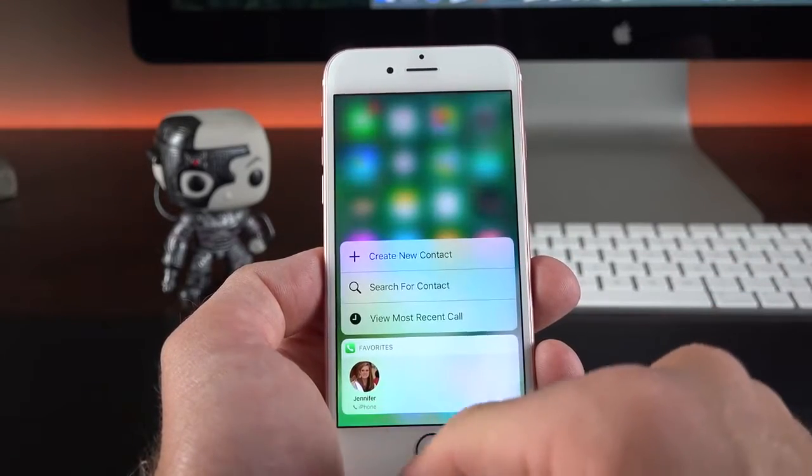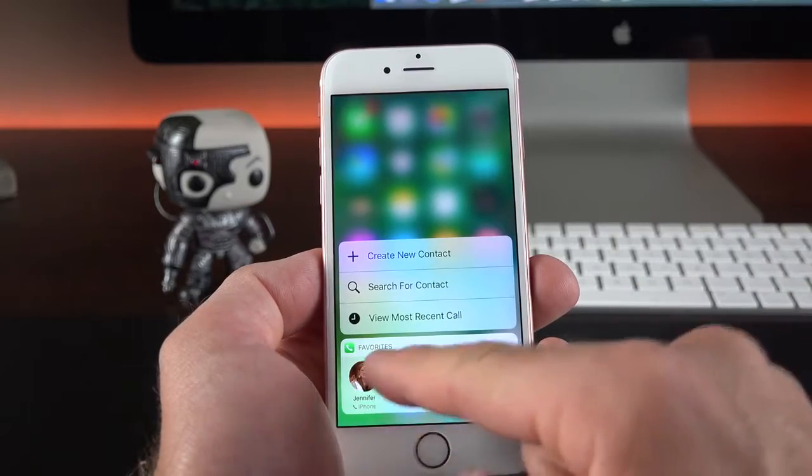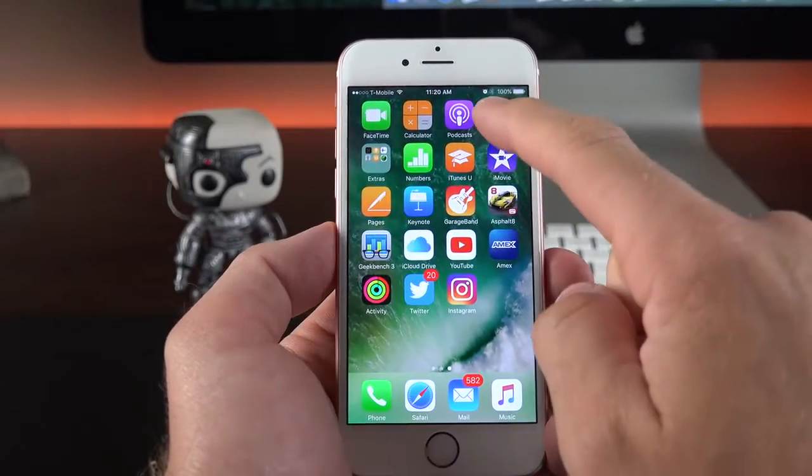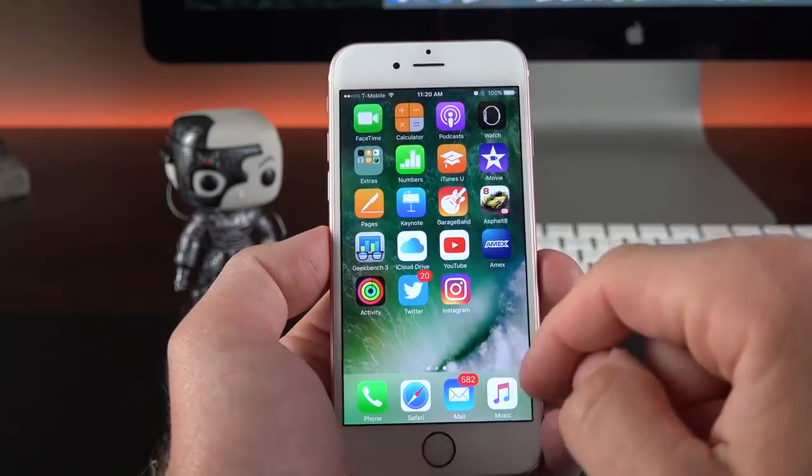This also works great with the phone dialer, so if you want quick access to your favorite contacts, they're available here. Now, perhaps one of the most celebrated changes with iOS 10 is one that Apple doesn't really talk about,